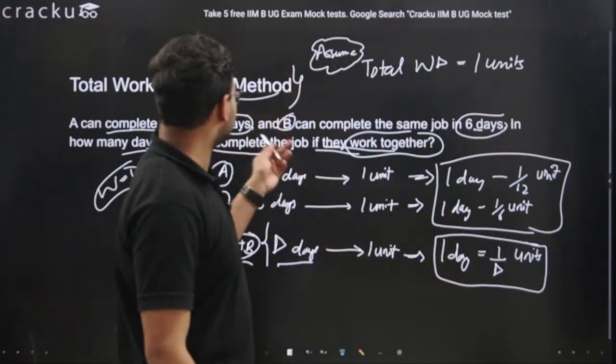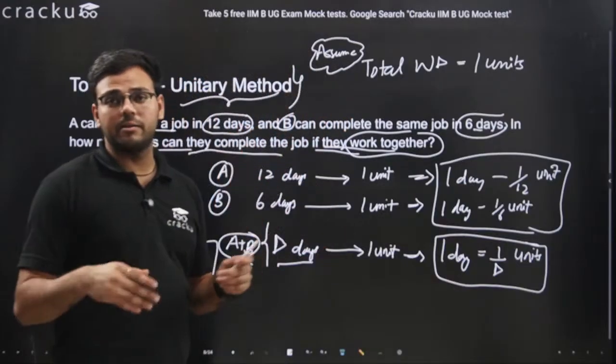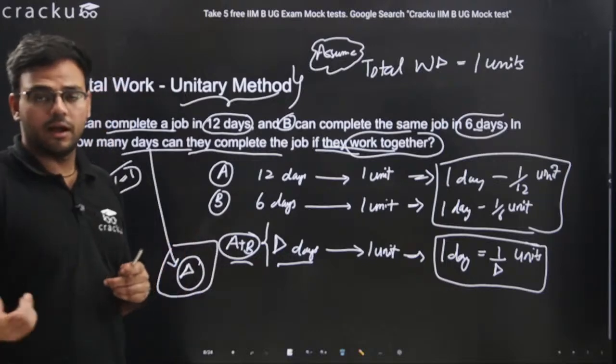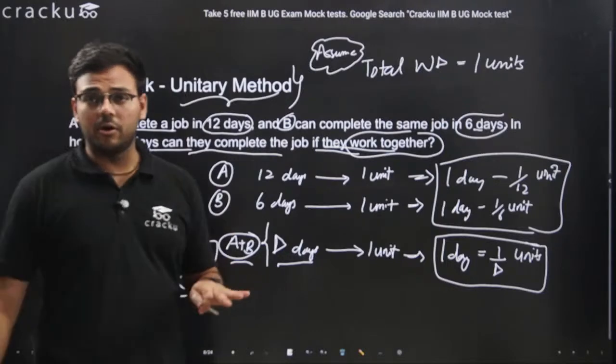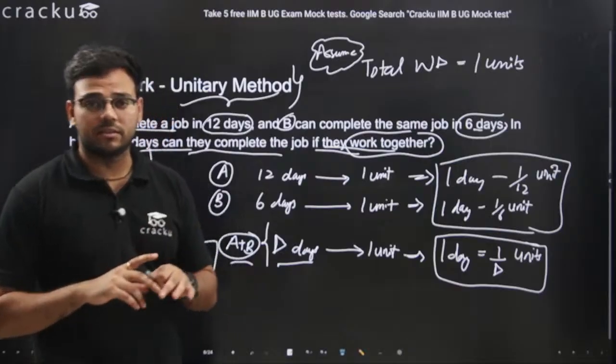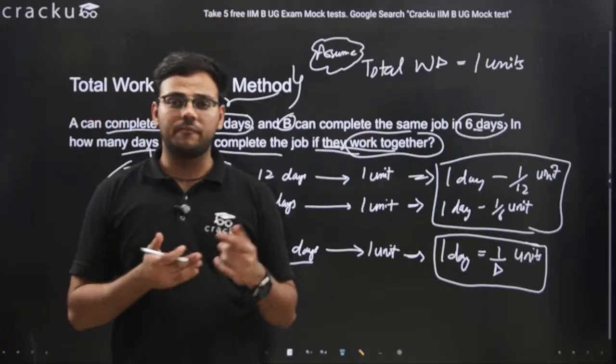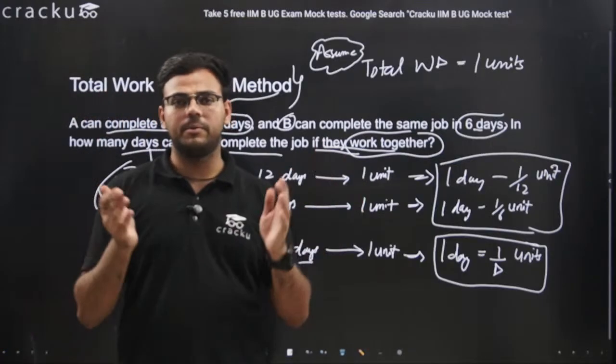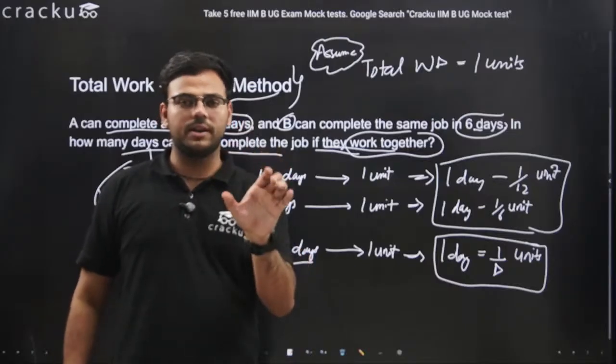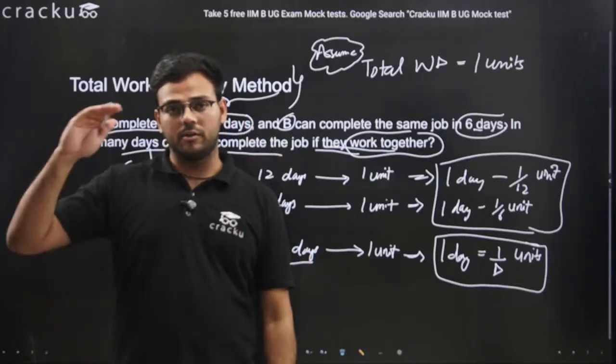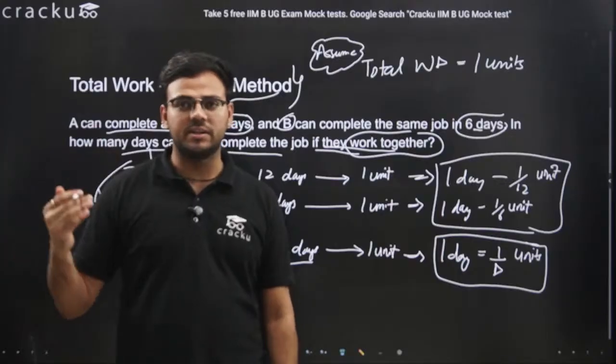So you cannot directly just add the number of days or the time taken by the individual person to complete that work. This is only possible by adding their efficiencies. Let's say you and your friend are doing the homework at the same rate. Let's say you are taking 1 hour, and your friend, who is as efficient as you, is also taking 1 hour.